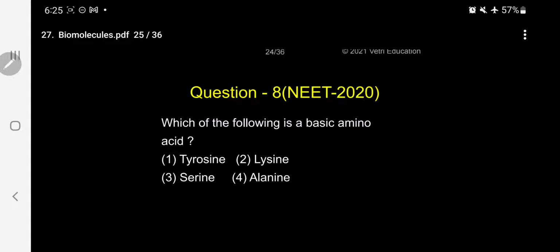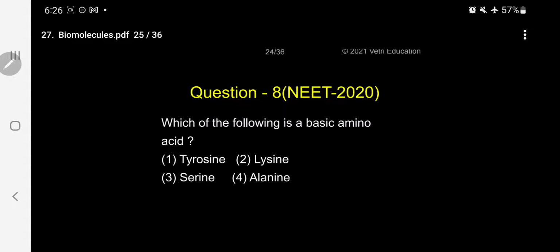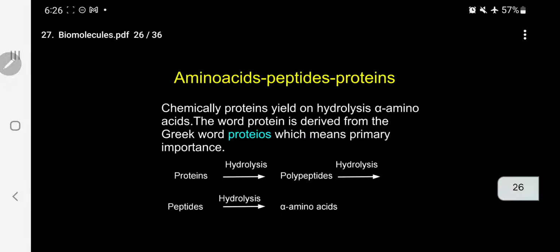For this, what is necessary? We need to know the structure of the 4 amino acids: tyrosine, lysine, serine, alanine. Alanine I have already written, you know the structure, CH3, CHNH2, COOH, it is equal. But the others are tyrosine, serine and lysine. So probably here the answer is lysine. This is a very difficult question. We have to memorize all the structures of the amino acids, because when you join first year MBBS biochemistry, this chapter is coming. Okay, let me go for the explanation.